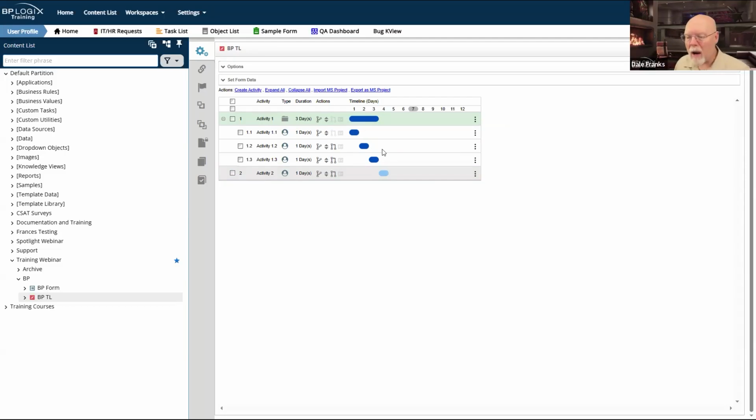So I don't really care, in terms of the structure of my timeline, what goes on in child activities, and the only dependencies I need to worry about are the dependencies between the child activities inside of activity 1. Outside of the parent activity, I want to make all of my dependencies point to the parent activity, not to any of its children.